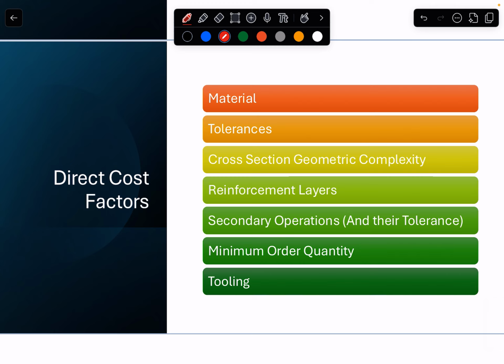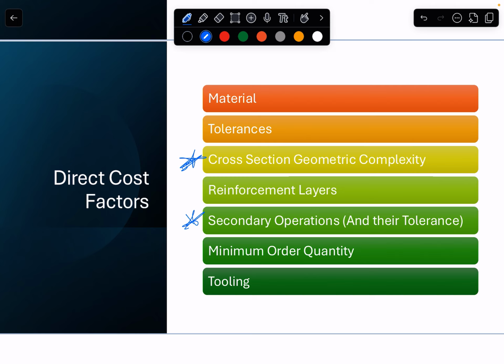Okay, lastly, I want to consider direct cost factors. There's no clean cost model to consider for extrusions. However, there are things that drive the cost significantly. And this is seen both in theory, but really from industry as well. So the big ones I want to call out are cross-section geometric complexity, working with the supplier to understand what's possible for your application. Sticking to circular inner and outer lumens really is going to help. And then the second thing is secondary operations and their tolerance. Those two are going to be the huge cost drivers along with minimum order quantity, but to just step through